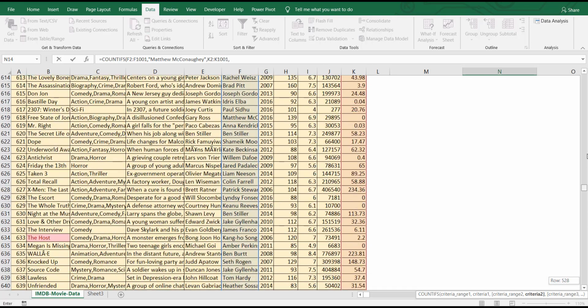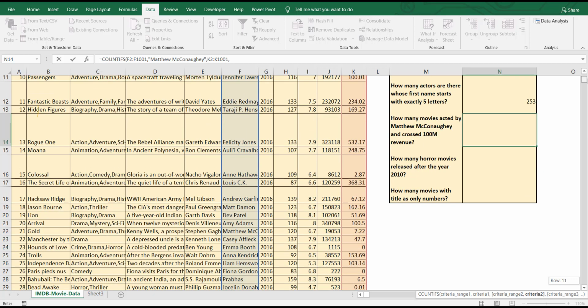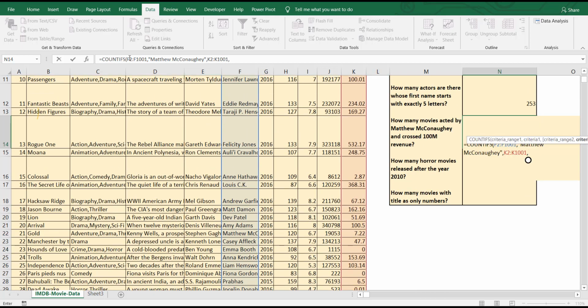This is the second pair. The first pair, range and Matthew McConaughey as a condition, is done. Now you put one more comma, and you go for the second criteria range, which is revenue. It should cross 100 million, so greater than. Put double quotation, greater than 100.